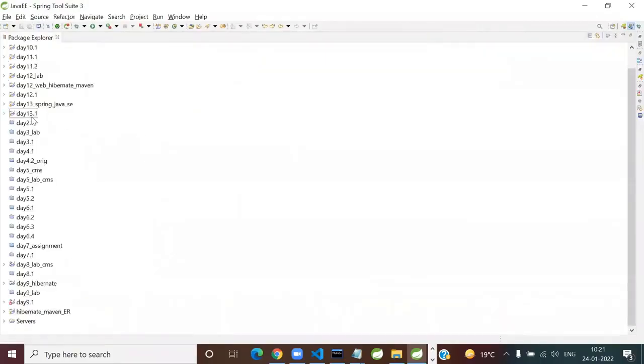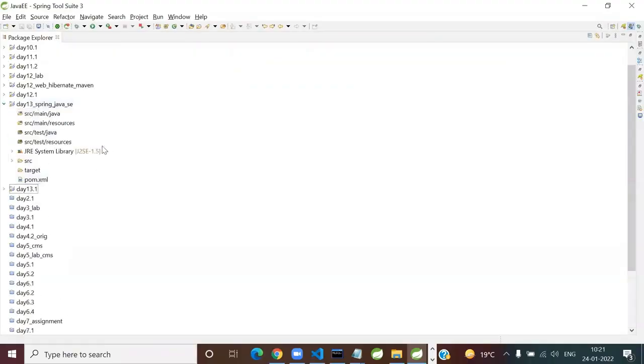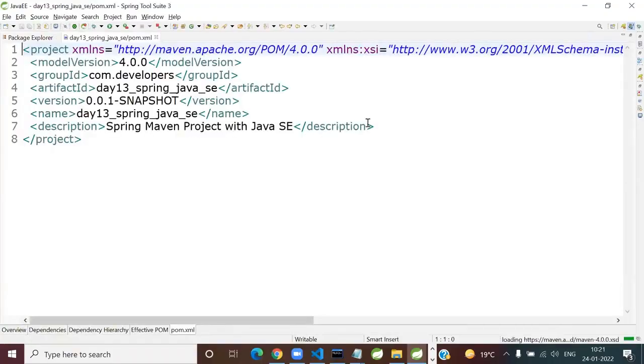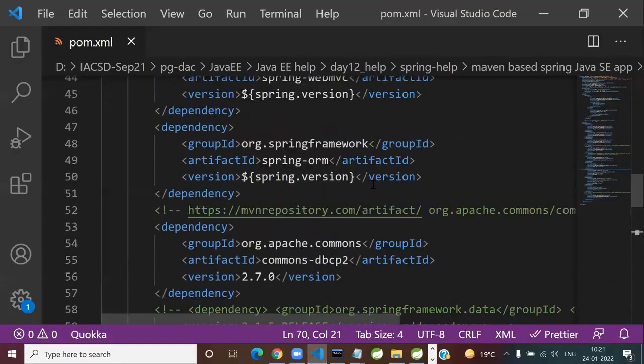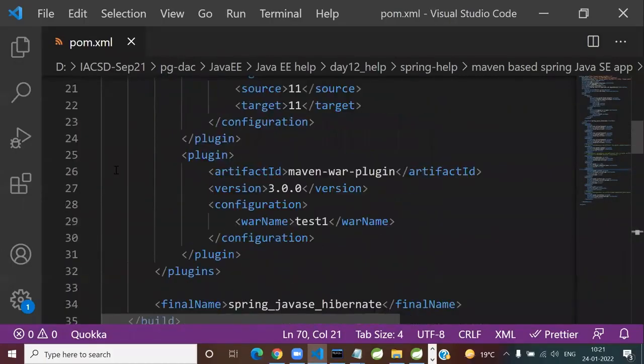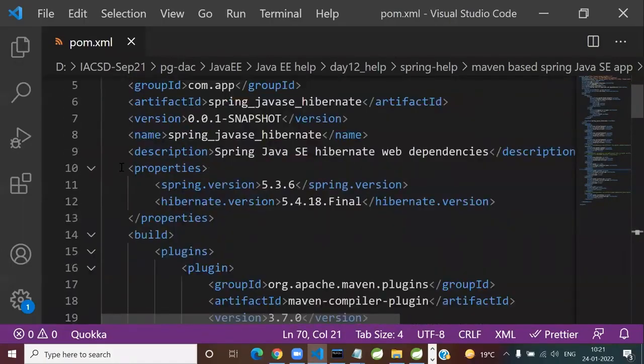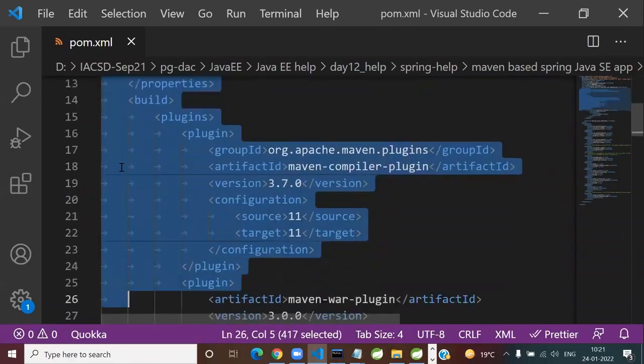So what is it we said? Day 13 Spring Java SE and open that. Of course, it is still ancient, so we'll fix it. Okay, so now what entries you are going to copy from where? Recently, I have given you the pom.xml you just downloaded. So after description, you will see the properties. This is going to later lead us to Spring Hibernate integration of two powerful technologies. So start copying from line number 10 till the end